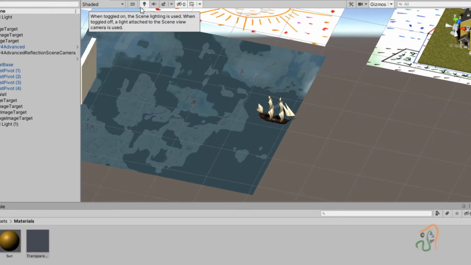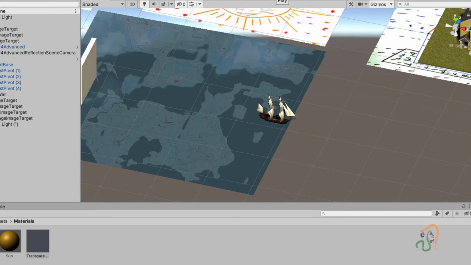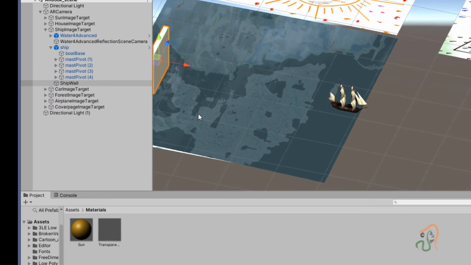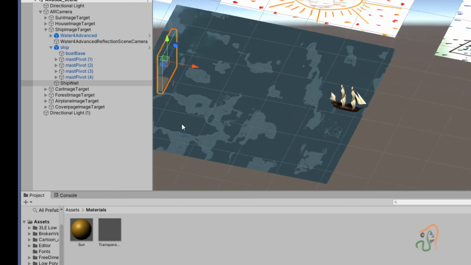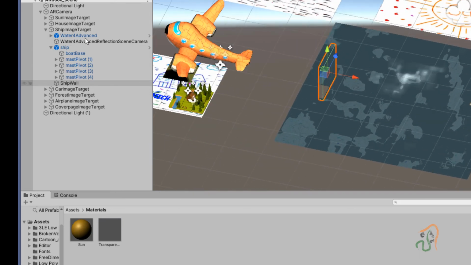Now click here, close. The thing is we have not applied that material to the object. So select this shape wall object, drag this transparent material and apply it to the object. So now we have applied the material.